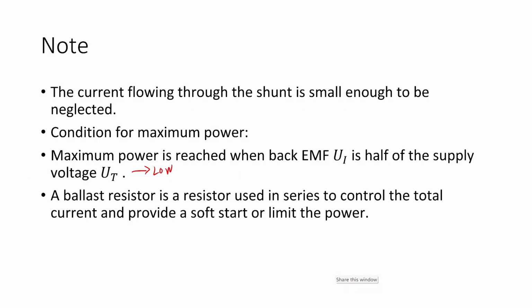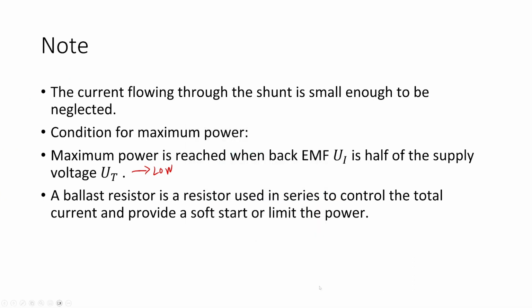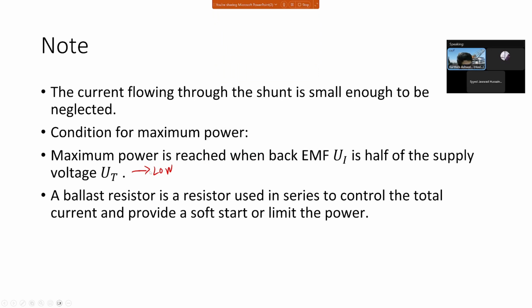So here I have given the condition for max power for a shunt motor. This is the condition for maximum power of a DC motor. The maximum power will be reached when the back EMF UI is half of the supply voltage. But when that is happening, it means the efficiency is quite low. It's actually 50% theoretically